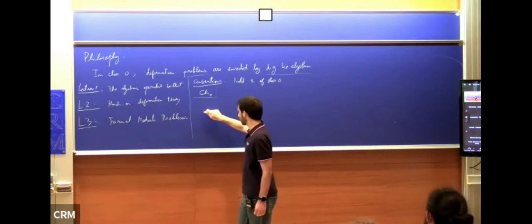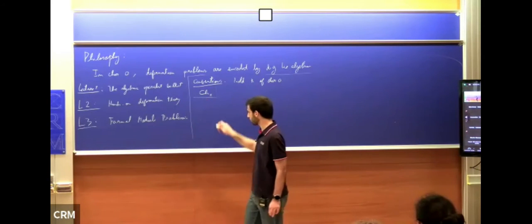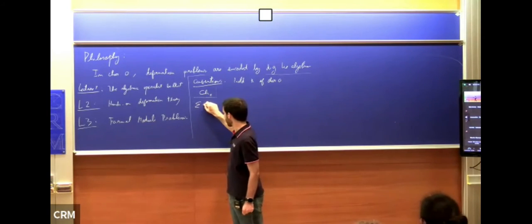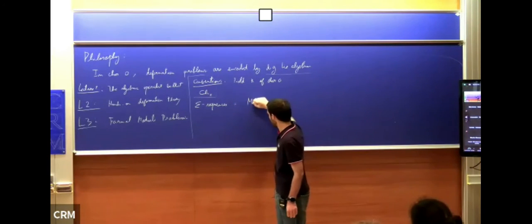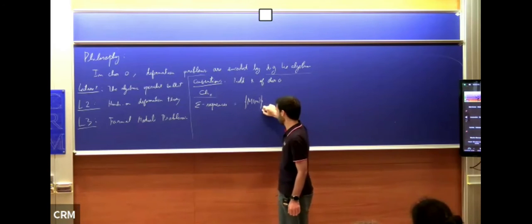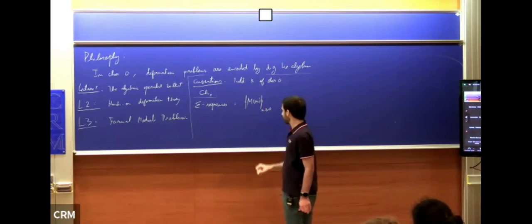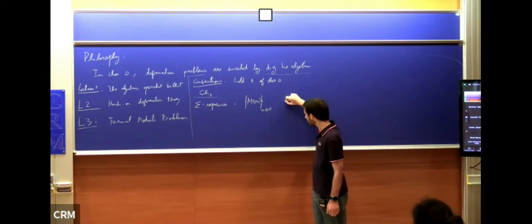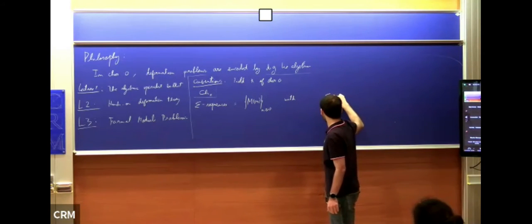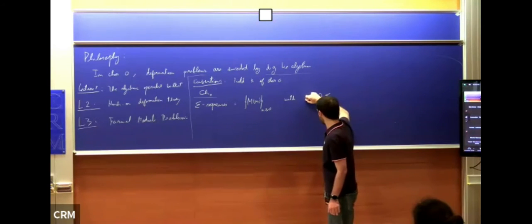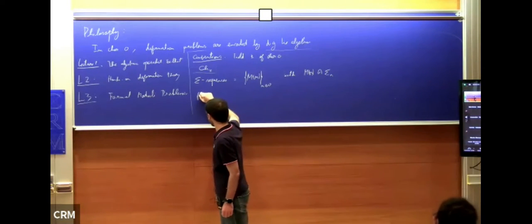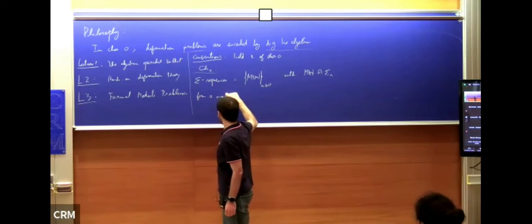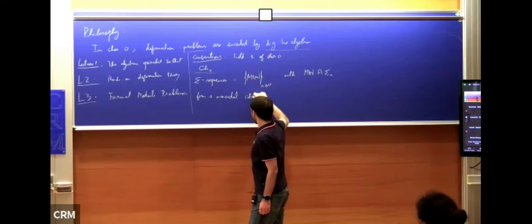So let me remind you that there is this notion of symmetric sequences, which is just a collection of vector spaces, chain complexes, M(n), indexed by some natural number n, with some right action of the symmetric group Sigma_n on each M(n). And these symmetric sequences form a monoidal category